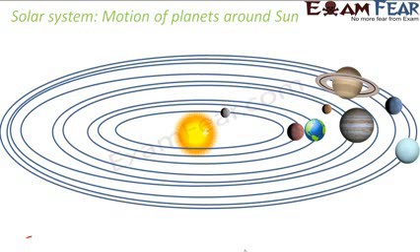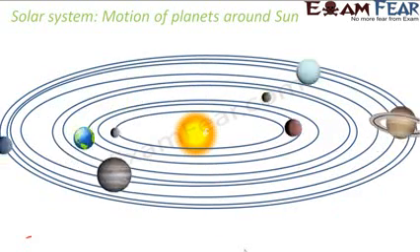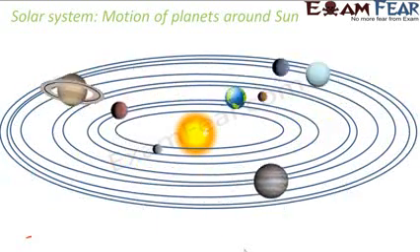So with the help of this universal law of gravitation, he could also explain the motion of all the planets around the sun in the solar system. So it is not only the moon which revolves around the earth, it is all the 9 planets which keep revolving